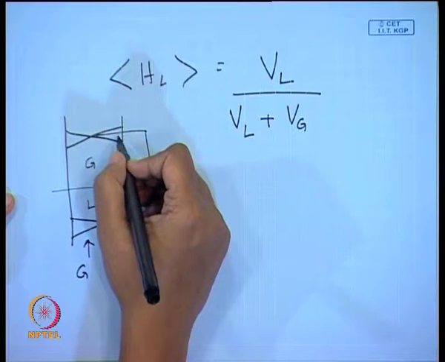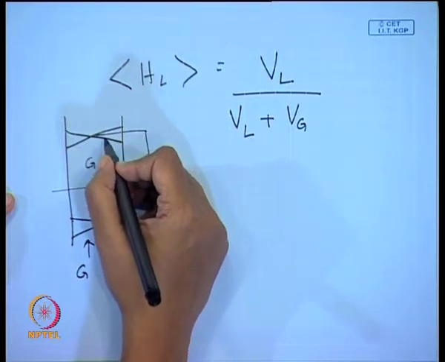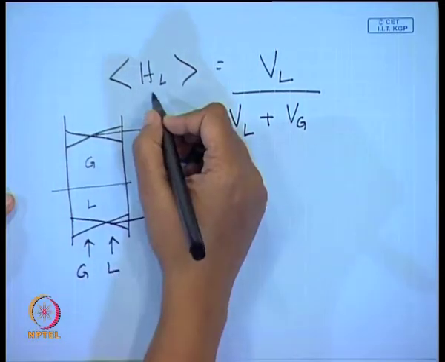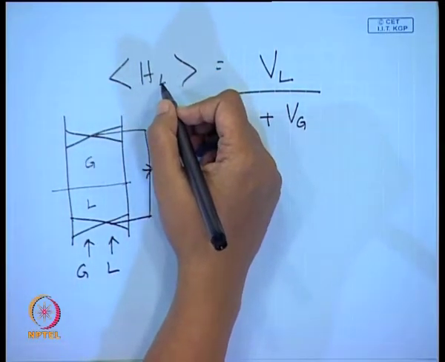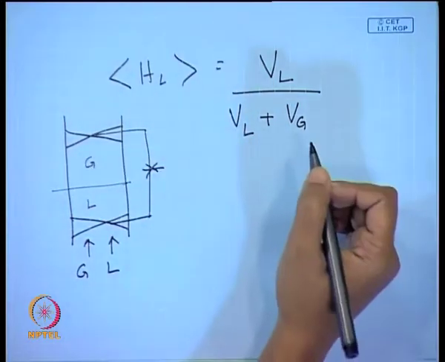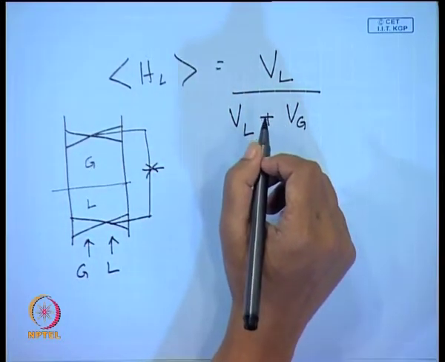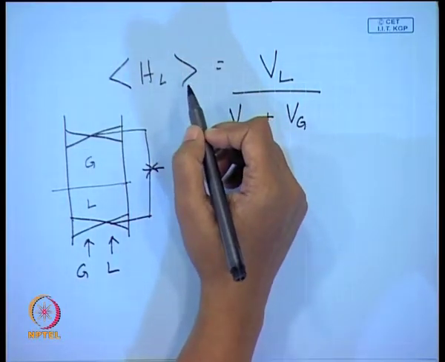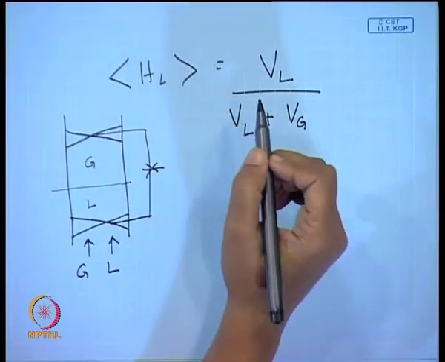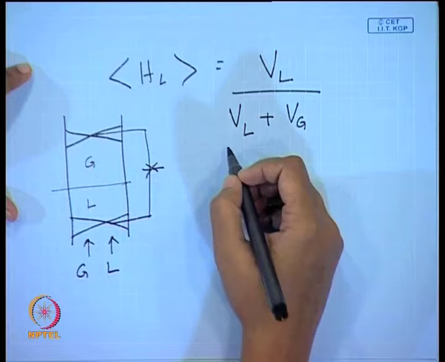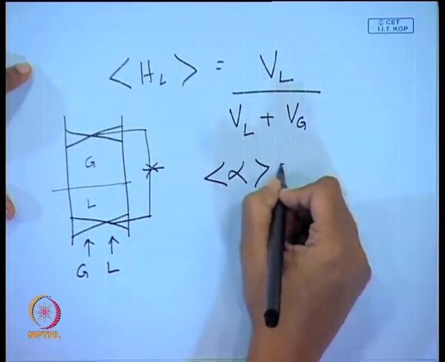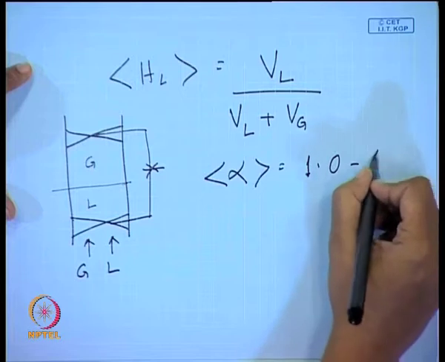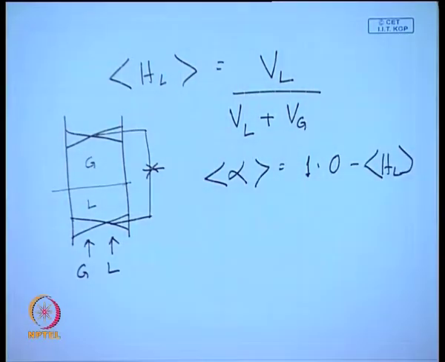We know the total volume of the conduit or the channel cross section which has been isolated. So, therefore, accordingly we can measure the liquid hold up in this particular case, or we can measure the gas hold up or the gas voidage as the case may be. Okay. So, therefore, this is the single most important parameter as far as your two phase flow is concerned, and we can measure it in this particular way, and we can relate it with the gas voidage by using this particular equation.